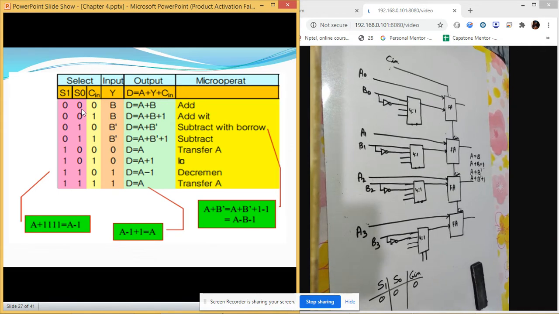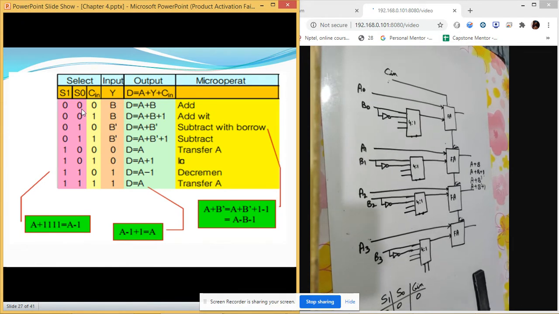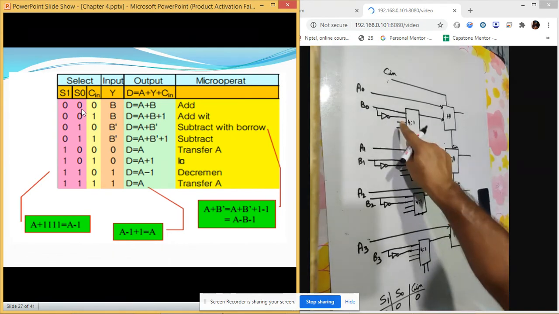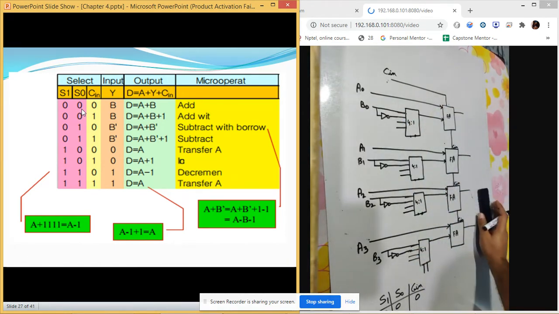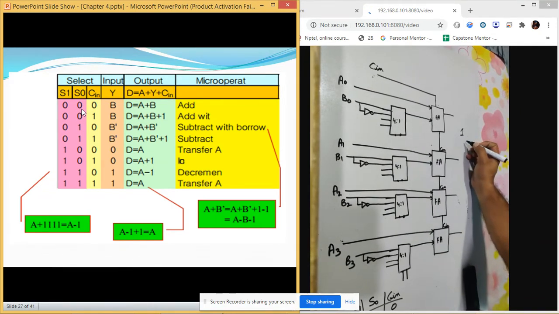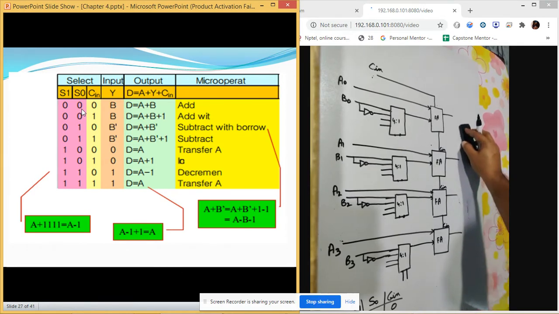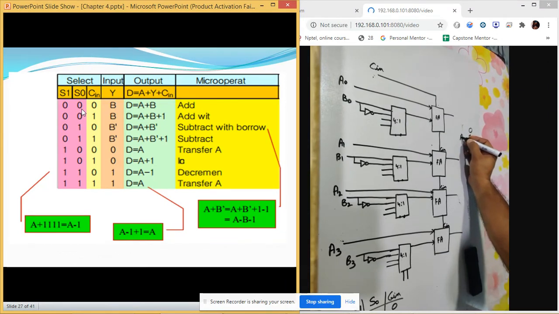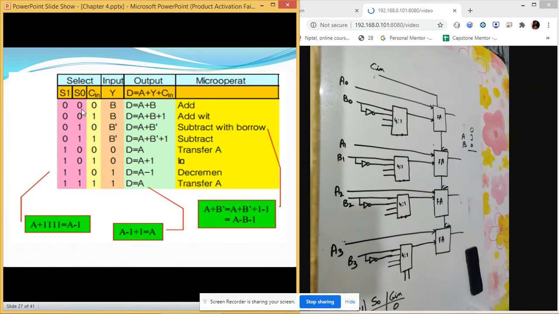So in the third case, which is transfer of A. Now just imagine that we are having a value 0 at this place. Like I want to add three values. I have two values like this. I want that the Cin value is 0, meaning carry is not there. So Cin is 0, the value of A is 1 and the value of B is 0. What will be the output? It will be 1. Now why is this output 1? Because we are going to get the same output whichever we have given as input at A.